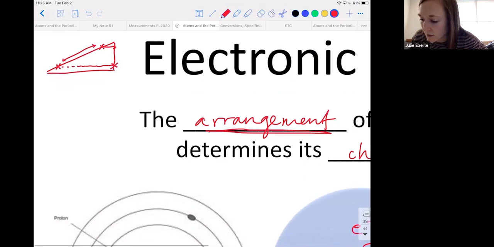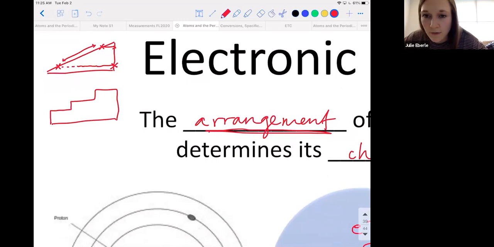A set of stairs, you can't, okay? A set of stairs, you have certain heights you can be at, certain heights you cannot be at. So I can be at this height, okay? Or I could be at this height, but I cannot, I'm gonna put a black X to indicate I cannot be at that height, right? I can't stand in between the stairs. So that's the way it is with electrons. They cannot be at any point. It's not the ramp analogy, it's the stair analogy.